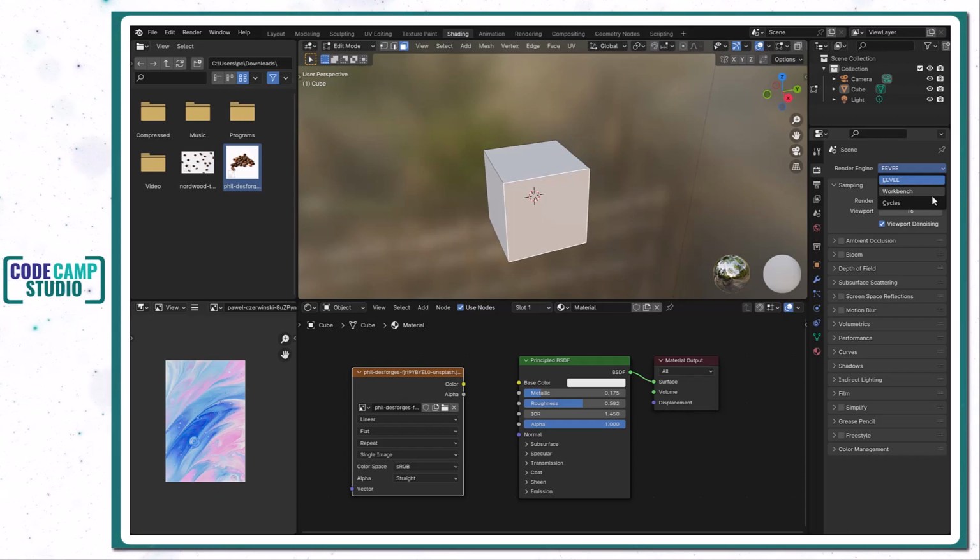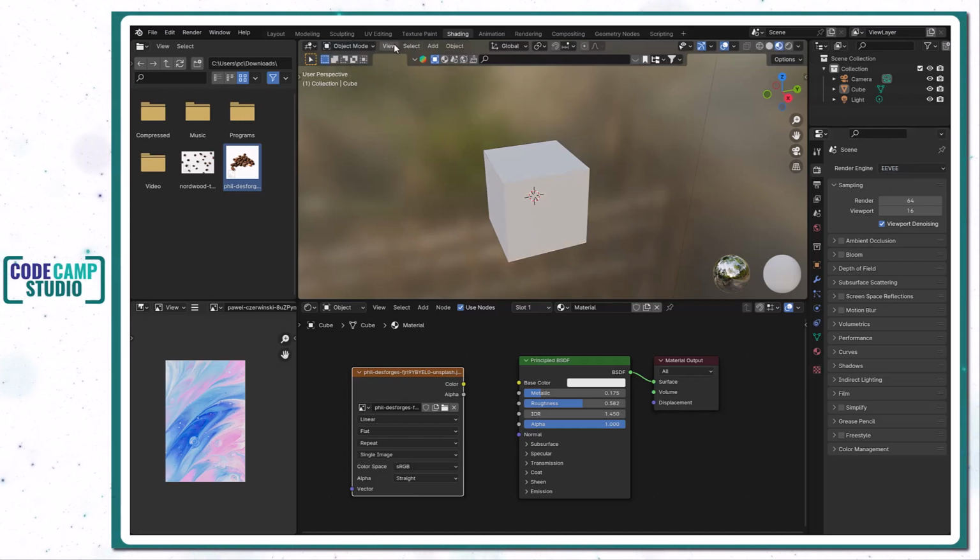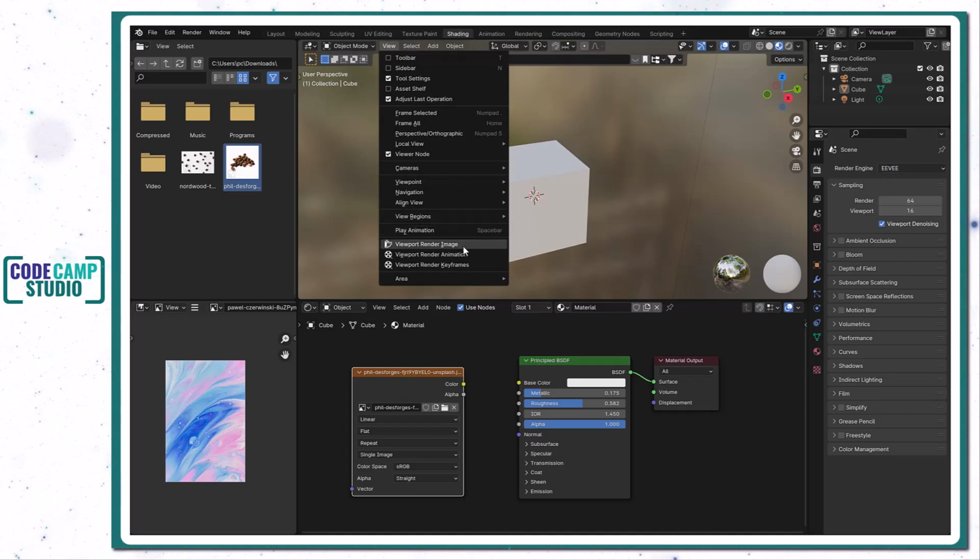Cycles is a physically based ray tracing engine renowned for its accurate global illumination, reflections, and refractions, with support for complex node-based material editing. It excels in producing high-quality final renders and visual effects. For quicker rendering, there is also the viewport render available in Blender. This feature allows you to generate an image